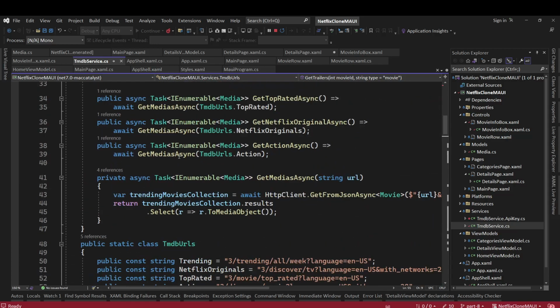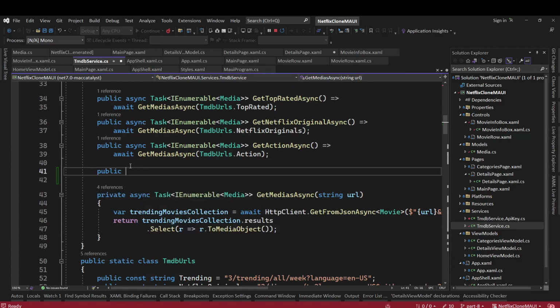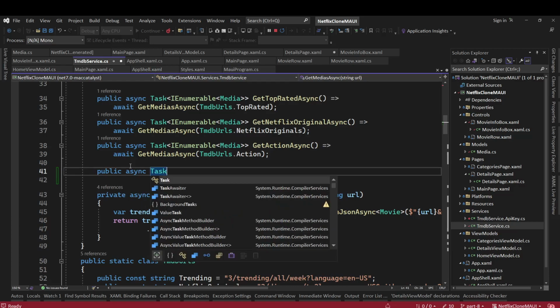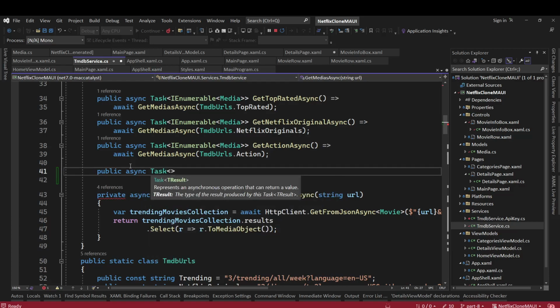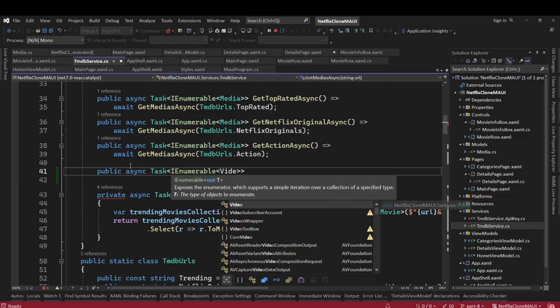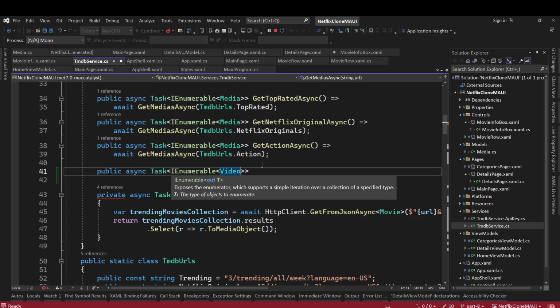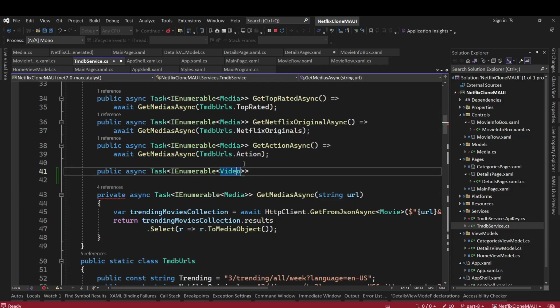So let's create a method here, public async task, and this is going to return us a list of video,